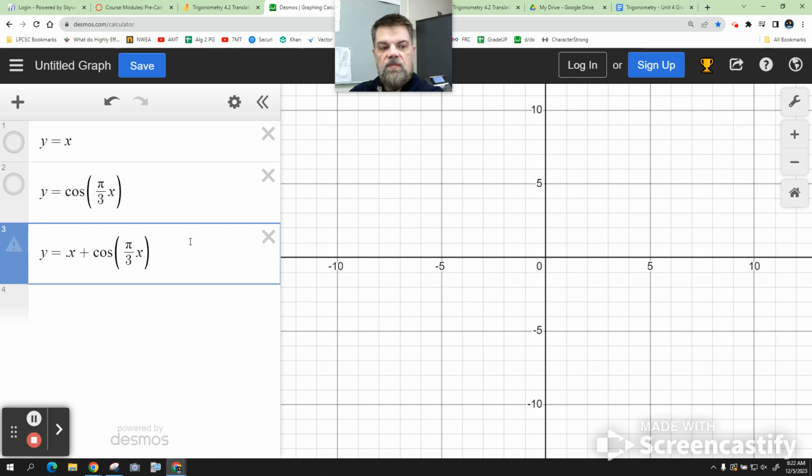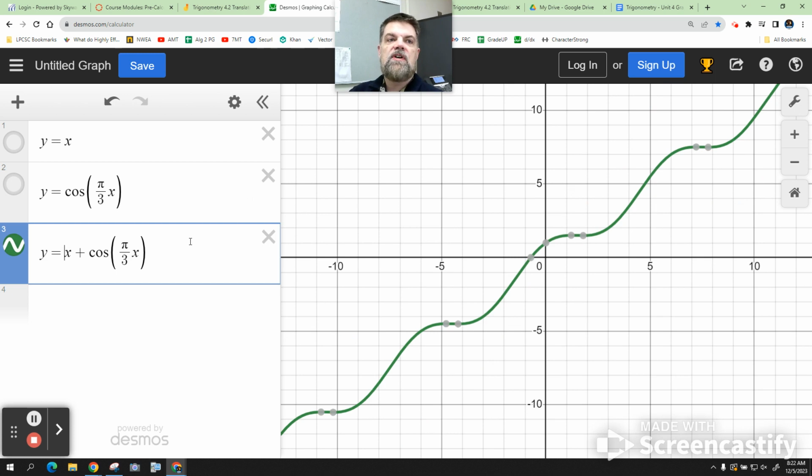So on these problems, I might give you 1 or 2 of these, but if you have a composite function, at this point, just graph it in Desmos. And really what I want you to do is graph the first function, graph the second function, then graph the composite function, so you could see how it's a